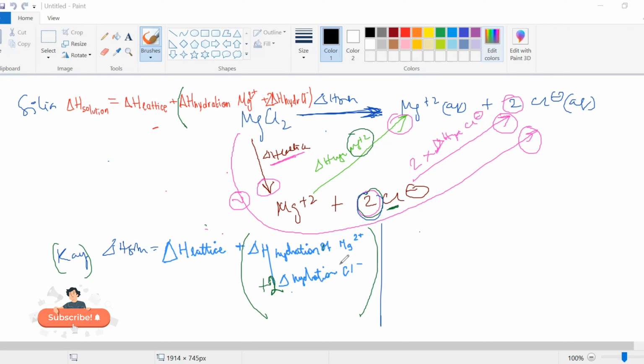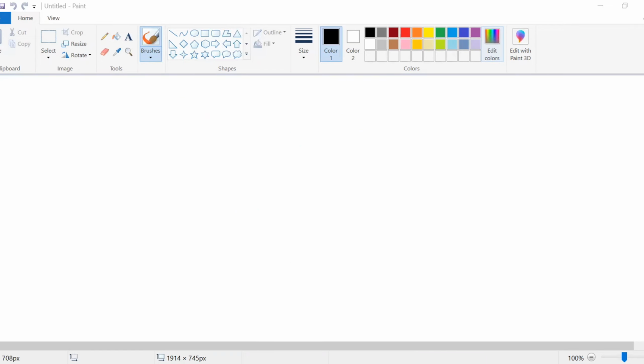Is it clear? Are you getting the Hess's law we are applying? See the arrowhead, it is going in this direction, so we add these two. This is a trick you have to understand for the board exams. So this is what it was all about, the enthalpy of solution. Now going to this thing over here. Now see, what I'm doing, I'm just